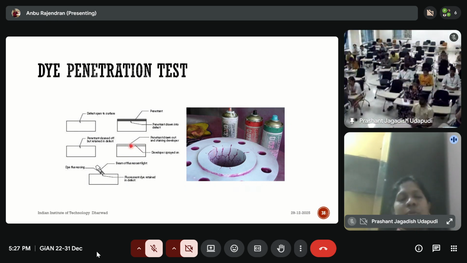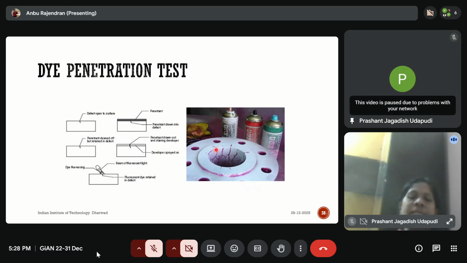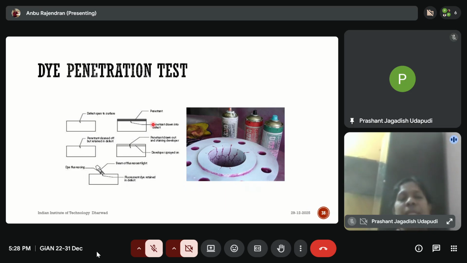The dye will penetrate into the defect if there is a surface opening, by capillary action. So allow it for some time, then clean the surface entirely. But whatever dye has been absorbed inside will be sitting inside. If you apply some absorber here, the dye will be absorbed by the developer. Then you can identify or locate the presence of cracks. So this method only analyzes the